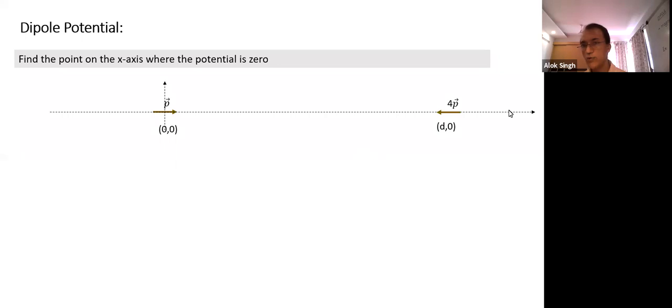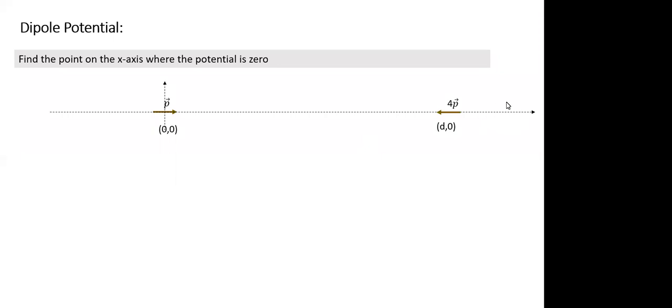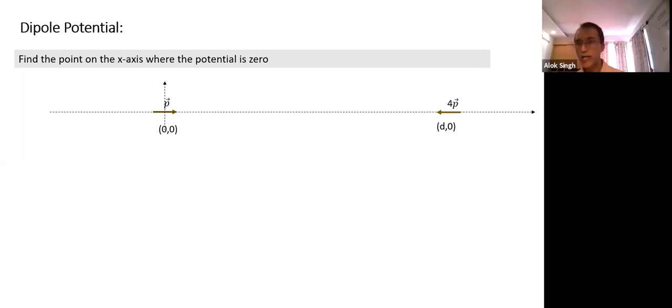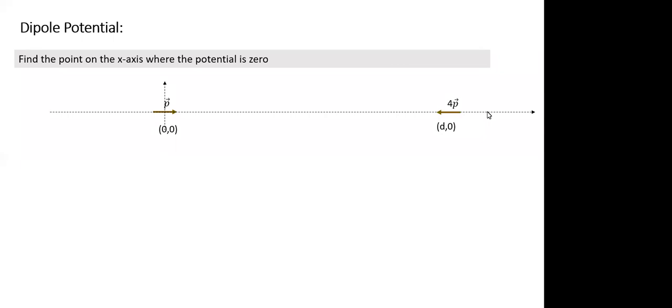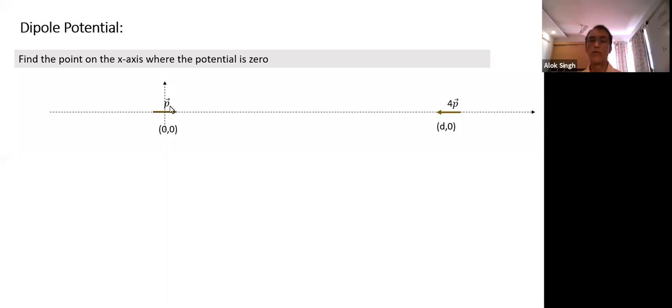In this region, who creates positive? 4P creates positive, P creates negative. How about this region here? Have you all understood now? Shravani, in this region, which dipole will create positive potential? What is the region? I can also define this region as x greater than d. Which will create positive potential? 4P will create negative, because with respect to P, this point is backward, on the negative side of the dipole. And this side will create plus, positive. That is the first thing you need to know.